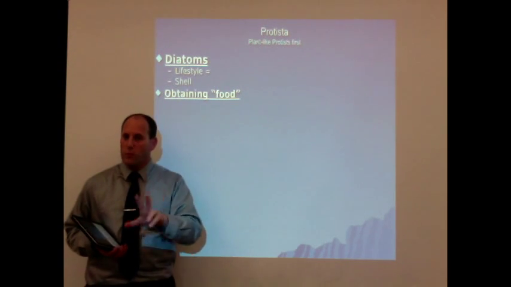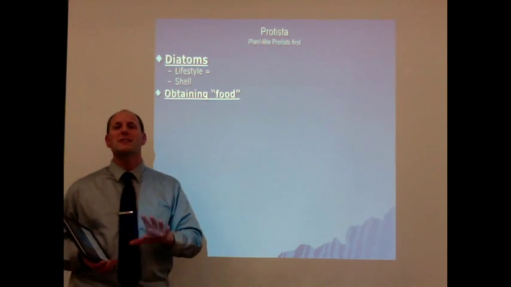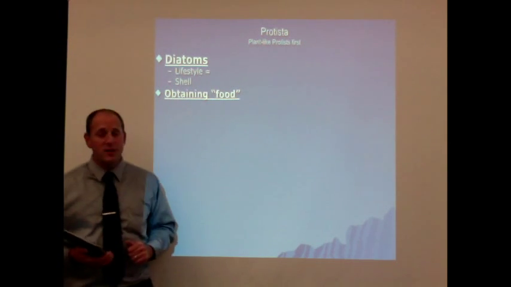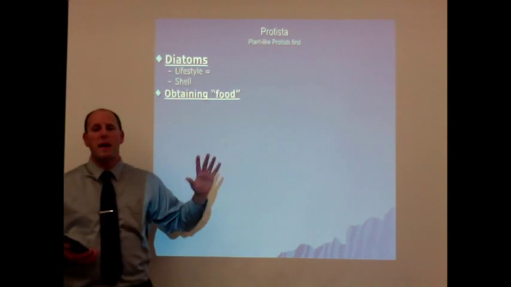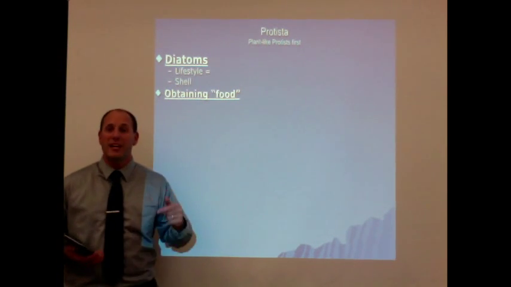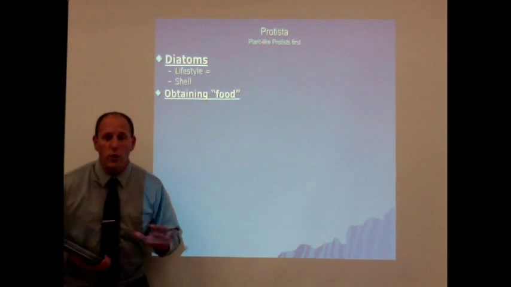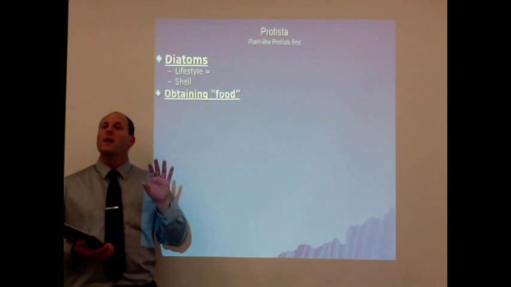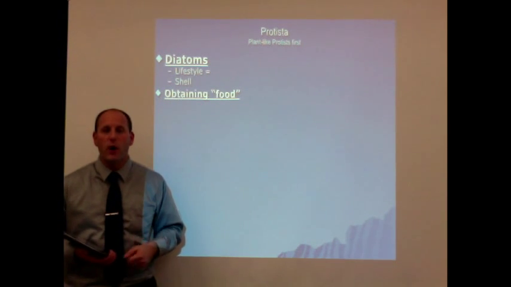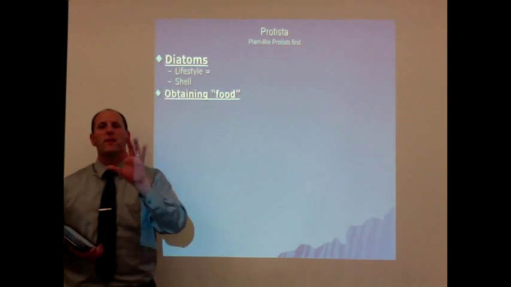Now we put that in quotes because what we're talking about in this case with that food is sugar. They're producing that sugar in that process of photosynthesis. These diatoms actually account for a huge amount of the organic carbon, that is sugar, and the oxygen that is produced here on this planet. A tremendous amount is from these organisms. Now, they don't use chlorophyll like plants do. They use carotenoids. That's the colors that the plant leaves are having now in the fall, turning that yellow, the oranges, and the reds, and oh, it's so pretty. Well, those are the pigments that they're using right now.